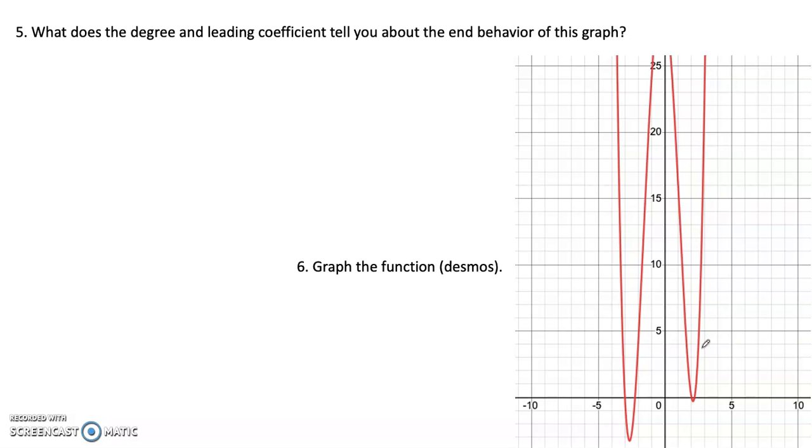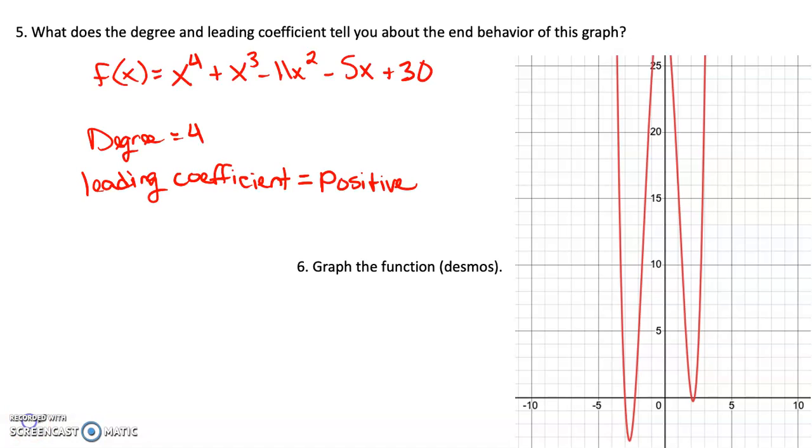What does the degree and leading coefficient tell you about the end behavior of this graph? Rewriting my initial function, I have the highest degree of 4, so this function has a degree of 4, and the leading coefficient is a positive 1 here. So if the leading coefficient is positive, and we have an even degree,